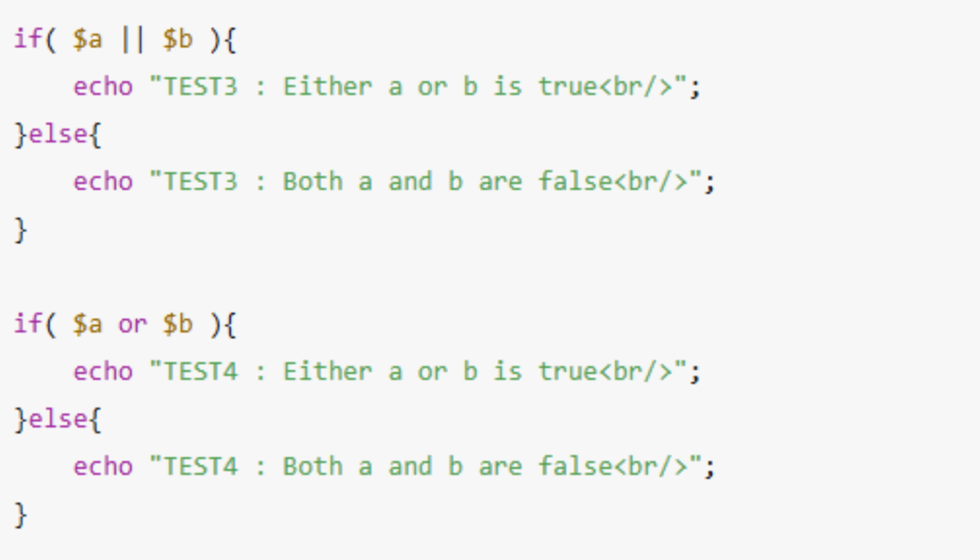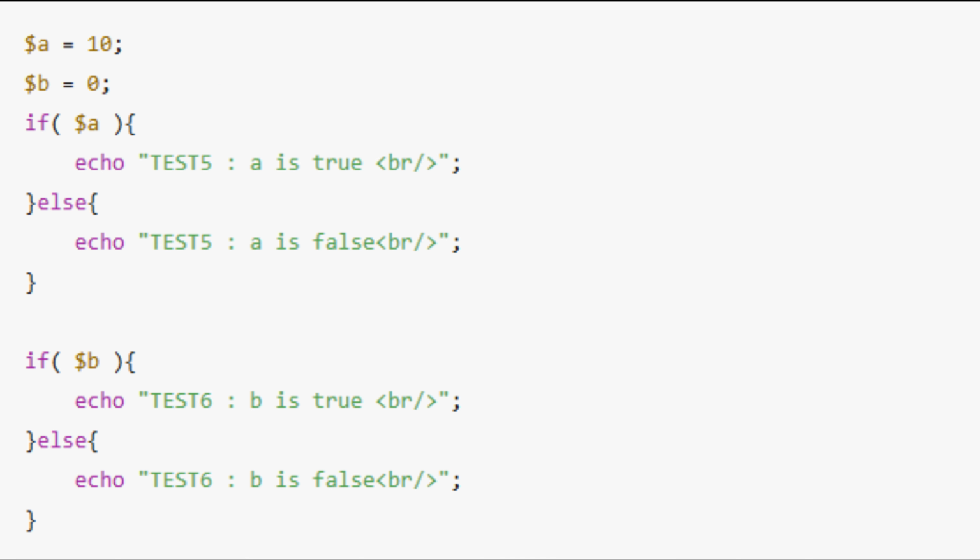result. Together with the earlier and examples, these snippets help you see the contrast. and requires both conditions to be true, while OR only needs one condition to be true, which is why the AND tests fell into the else branch, and the OR tests fall into the if branch for the same values of alpha and beta. In the next part of the program, the author changes the values of the variables to